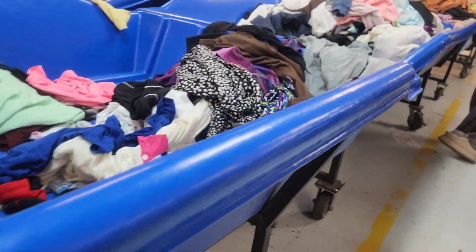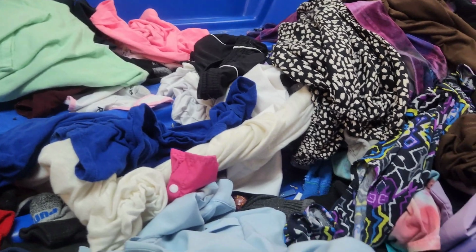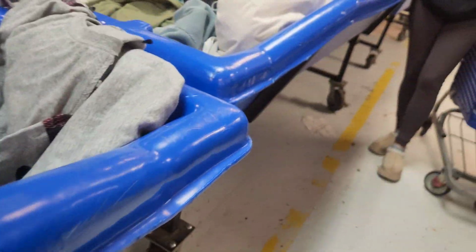Rachel Zoe woman. I could have sold it, but that brand, I don't pick it up anymore. There's my little froggy tote bag that I'm toting right along with me everywhere. I love that bag. I got it at the bins years ago, and I always bring it with me to put items of clothing in as I'm leaving, and sometimes if there's no carts, I just use it as a bag. There were carts today, but I knew I wasn't picking up much, so I did not grab a cart,